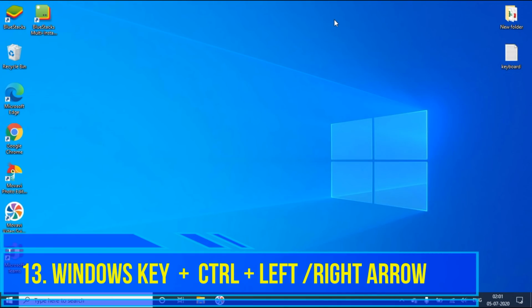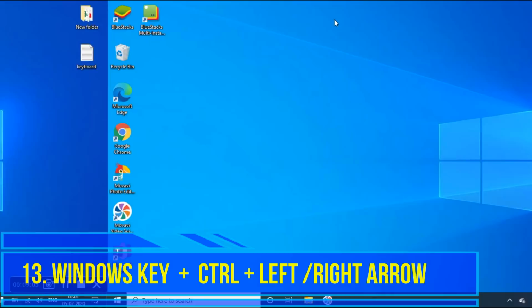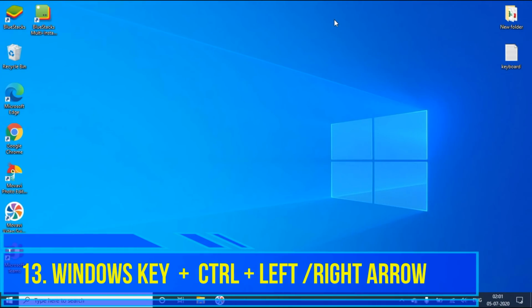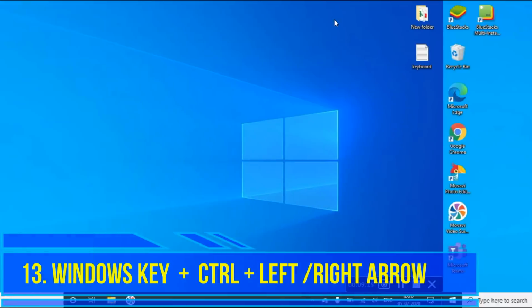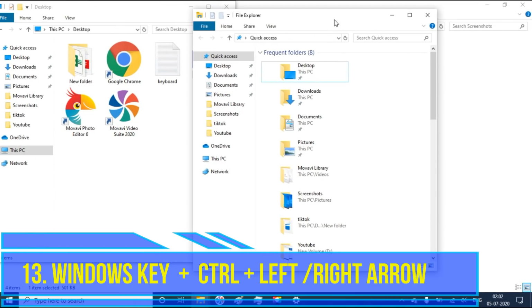Like that we can create as many desktops as you want. Just Windows key, Control, D will create 3 or 4 desktops also. To switch over, use Windows, Control, left and right, so you can switch over to all the desktops.